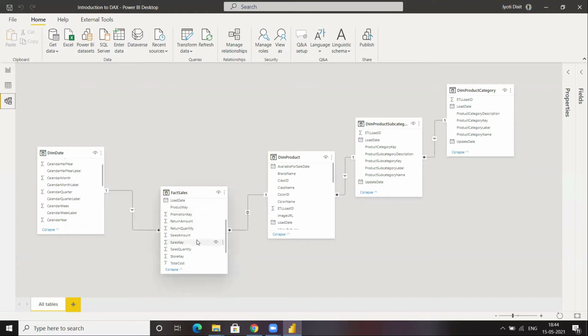It will be saying, okay, I want all the rows corresponding to the year 2007. So this relationship will be acting between them, and all the rows associated with the date keys corresponding to year 2007 will come into picture.